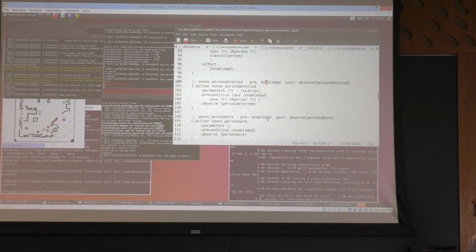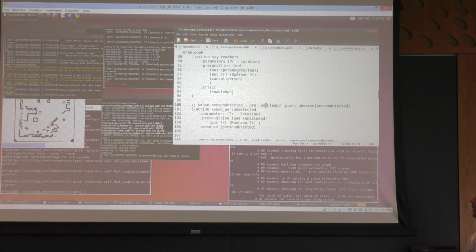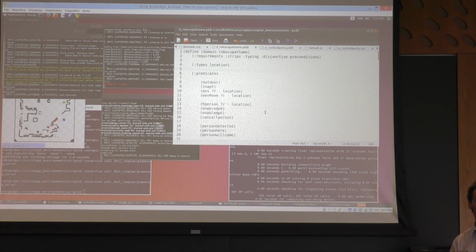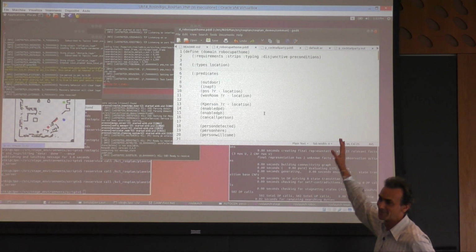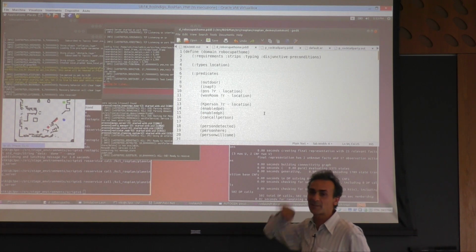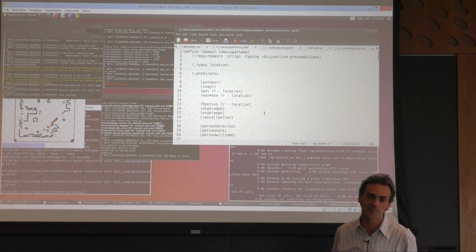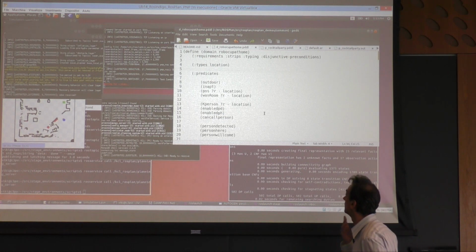So here is the example of the domain, the RoboCapTom domain, which is a PDDL, I don't know, which version is this? 2.2? Okay, whatever, it's this one. Because in this particular case, we are using the contingent FF planner. But of course, you can use different planners and different domain specifications.